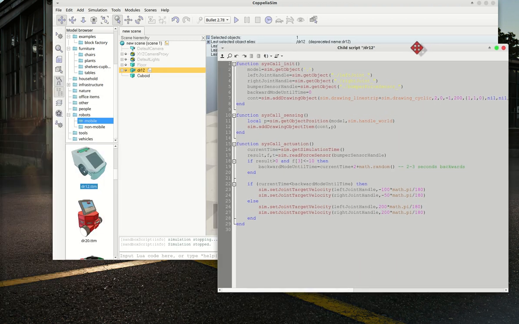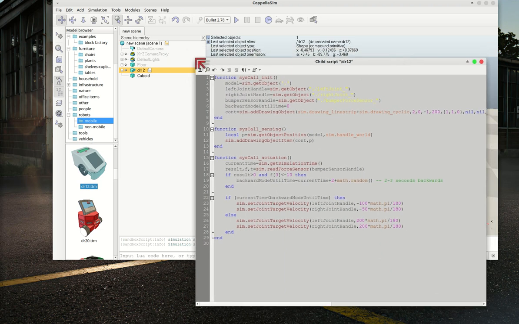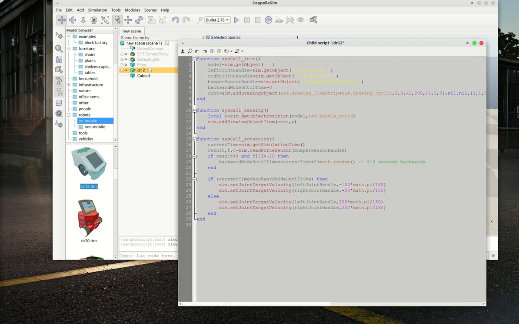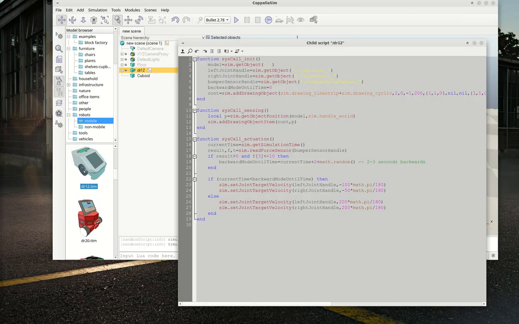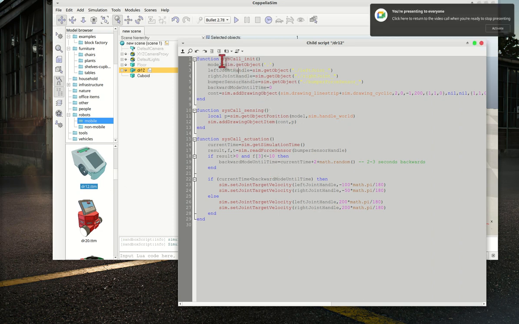You should be given this code. Okay, the code here. This is not Python. This is Lua, a programming language.